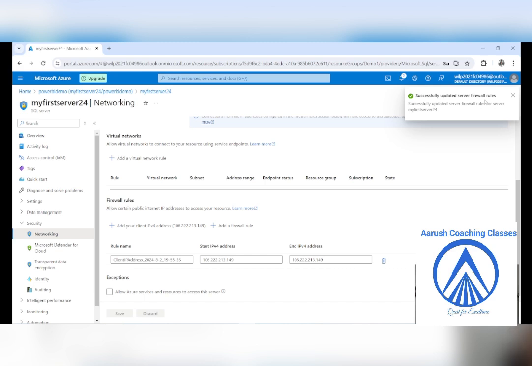So that means the SQL database will then receive some data additions, and how will it be done? You will have to go to your SQL database and select the query editor to enter the login information which you have created while creating the database server. So how will I do it? See, my first thing is done. Now what will I do? I am going to go to my SQL server, right?